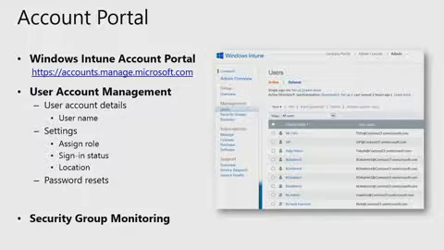Now, in order to have access to this, you need to be a certain level of administrator. When you first sign up for the service, you will be given the rights of what's called a global administrator. That pretty much has rights across the board to access that account console. But there are other roles that you can delegate and should delegate. So in this section, I'll run through exactly what those roles are and then take you through the process of delegation. But before we do that, what I wanted to do is to talk about the process